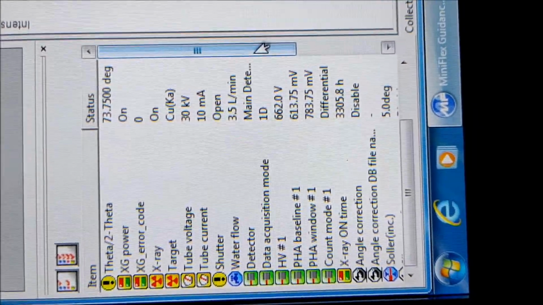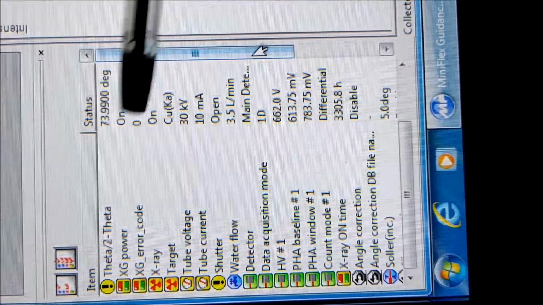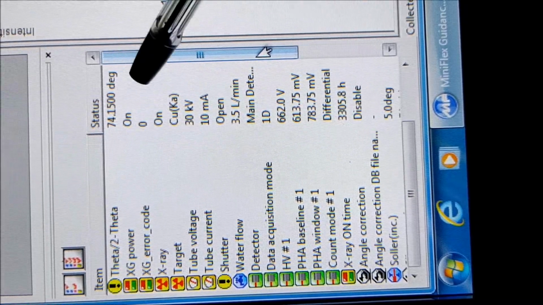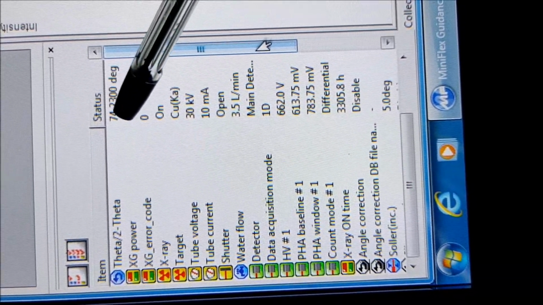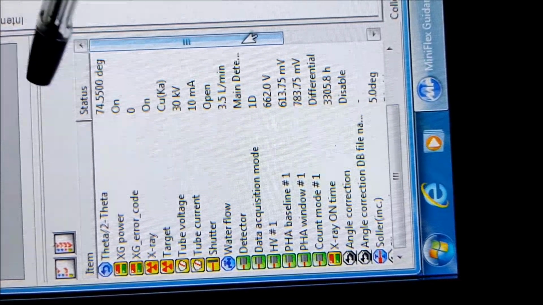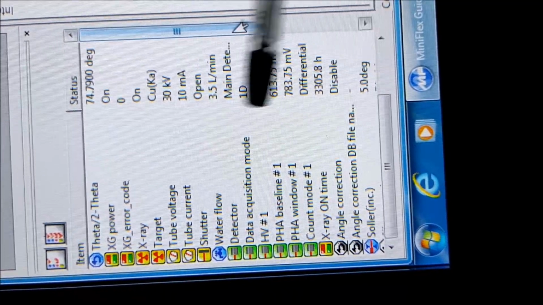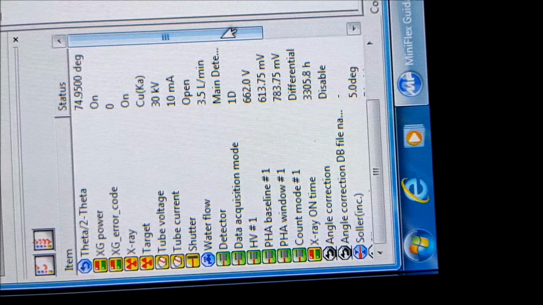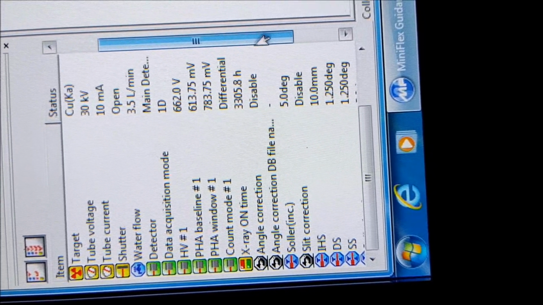Now you can see some important parameters, and 2 theta at present is running at 77.447. You can also check another parameter in this way.